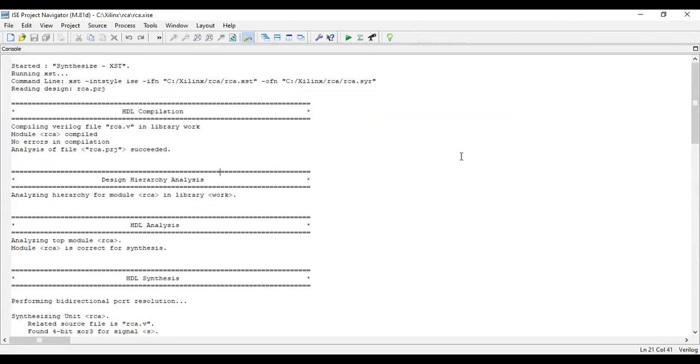Okay, so this is the console window. In the console window, you can see it is telling that we have started running synthesize XST. So we are synthesizing it. You can see that we have compiled, we have analyzed the hierarchy.